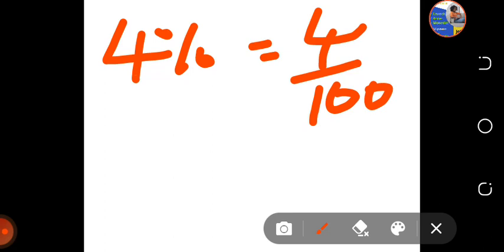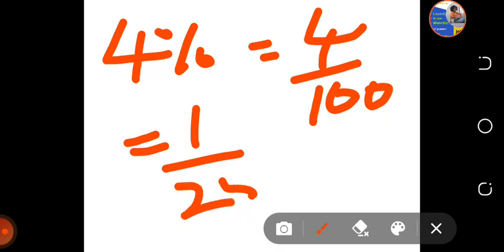So 4 go in 4, I'm going to have 1. 4 go in 100, I'm going to have 25. And this is the lowest term of 4 over 100. So that is 1 over 25. That means 4% is the same thing as 1 over 25. Very simple. Let's go to the third one, which is